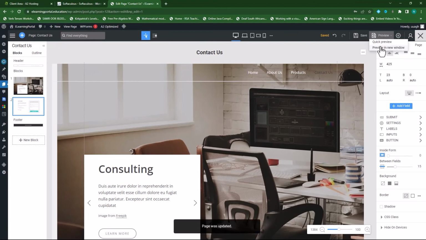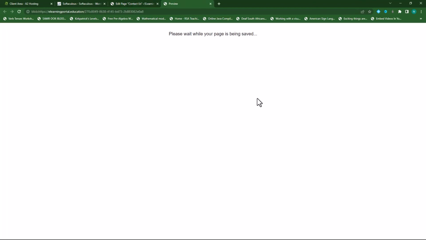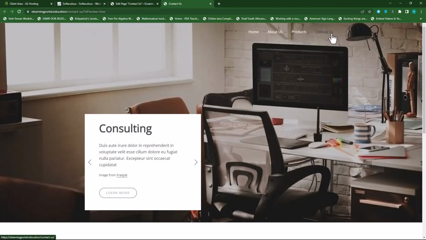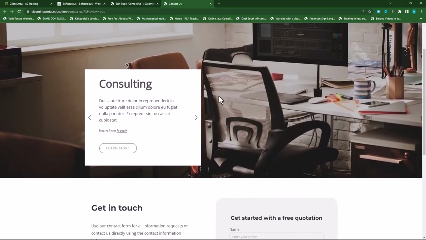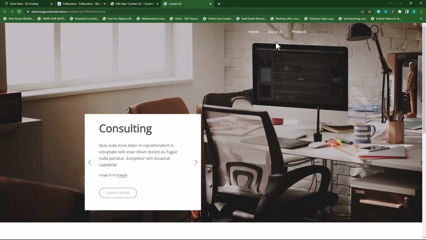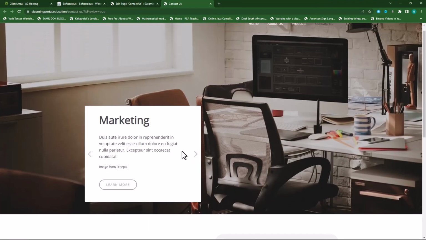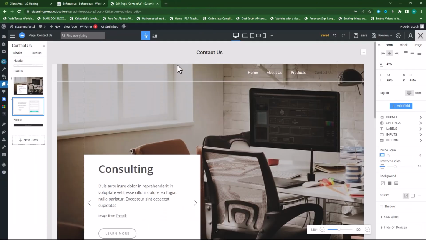and if we preview it now, okay, so there's my little menu items. You'll see it's now over the top image. Okay, and there's my contact form. Okay, so let's go back, and now,